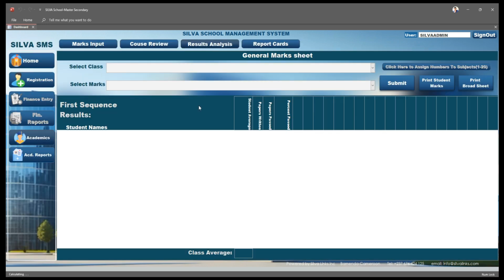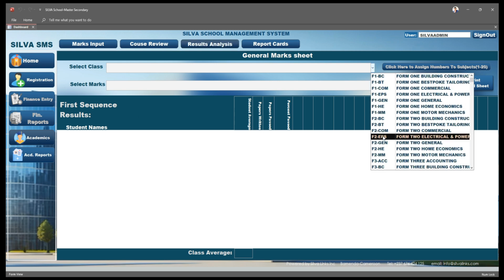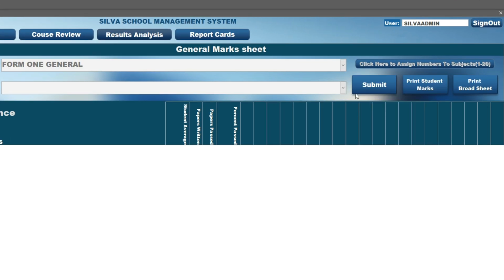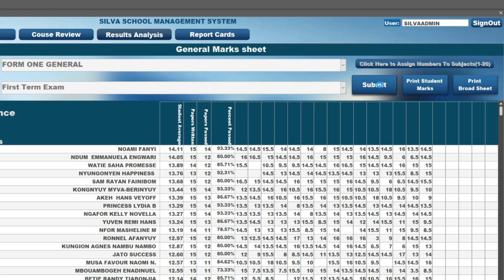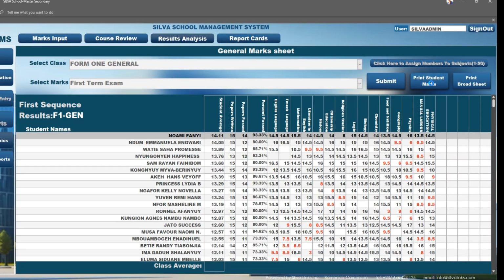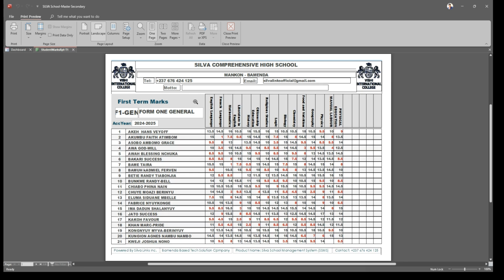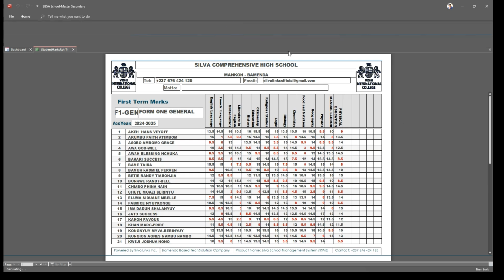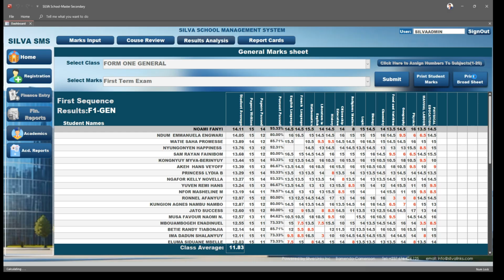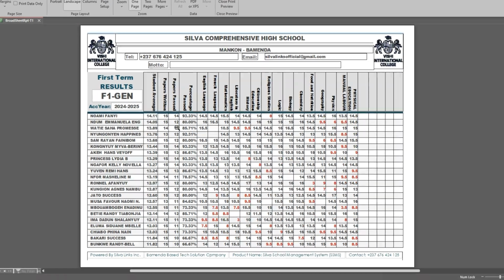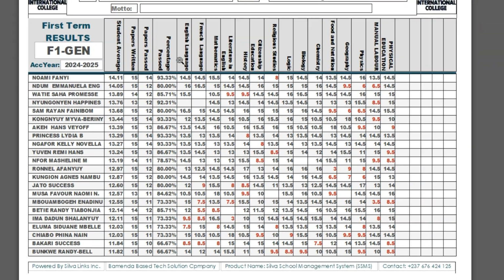And then we have this one here for result analysis. You can check your results, publish marks for students to check and correct. So you can see we have the marks here that you can publish. It does not have any averages, but the broadsheet has averages and analysis. Number of papers passed, numbers written,